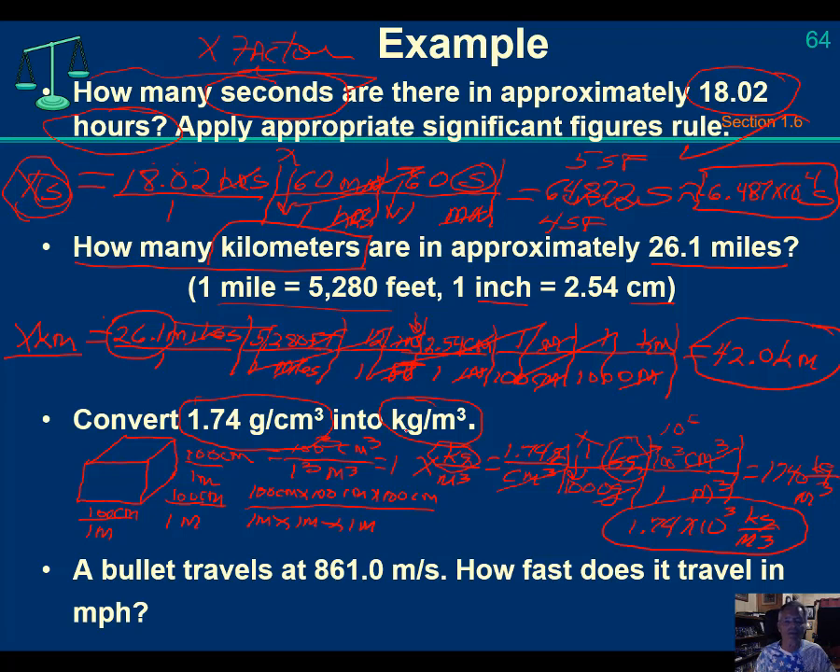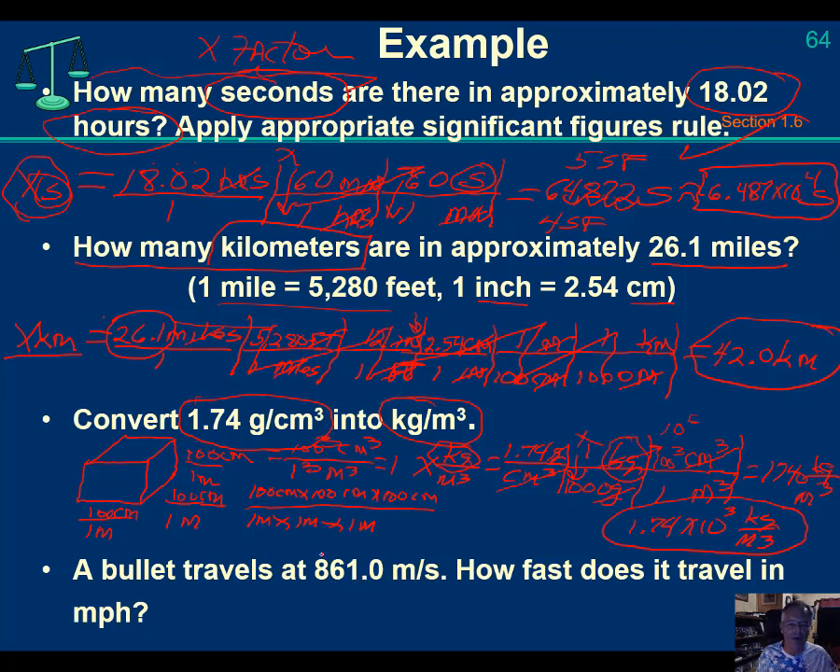It wasn't necessarily 3 significant figures, but I would feel safer writing it as 3 significant figures. Okay? All right. So let's find out how fast a bullet travels at